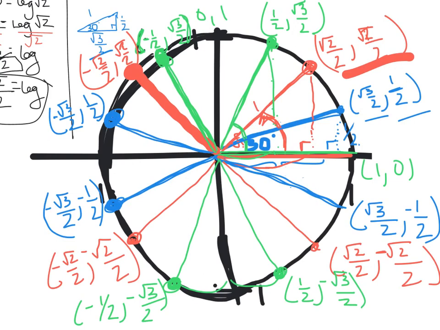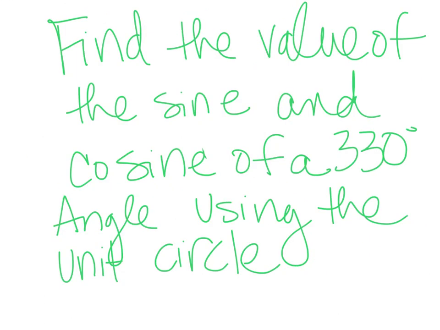And it just changes the sign, but otherwise the absolute value of the coordinates stay exactly the same, right? If I reflect in the x-axis, absolute value stays the same, although the signs change based on the coordinate you're in. So, for you to do is to find the value of the sine